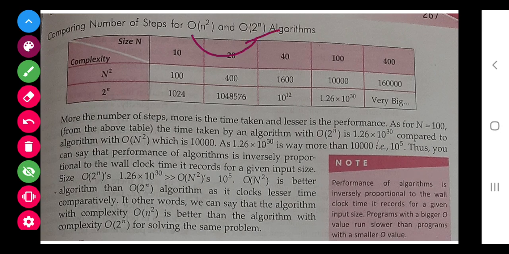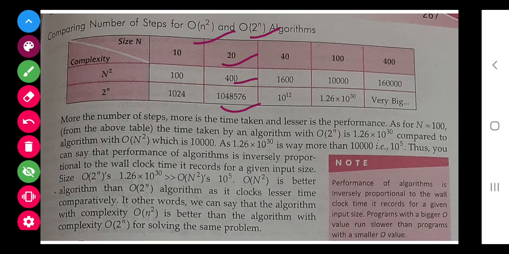Now if we compare these two, if 10 inputs are there, this will result in 100, but this will result in 1024, 2 to the power 10. Similarly, if we give input as 20, this will give 400, and this will give much more.